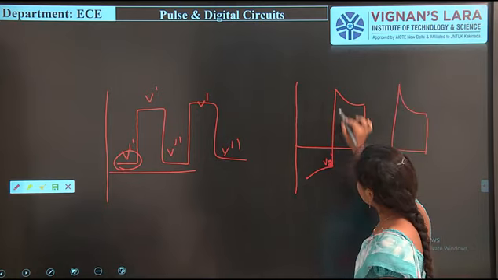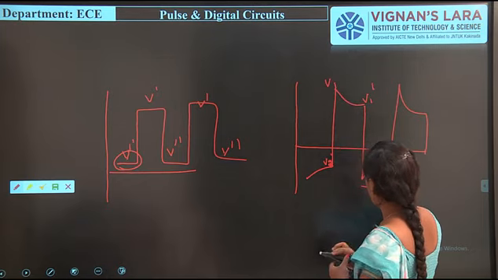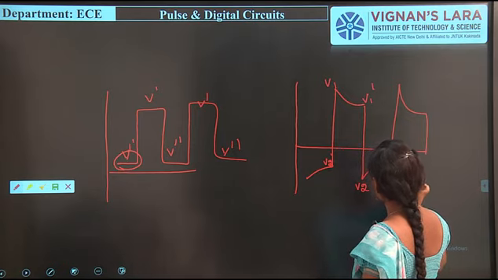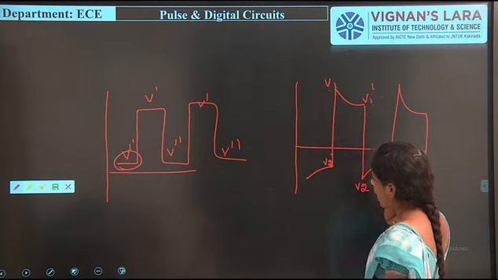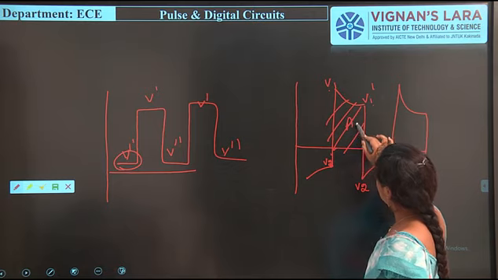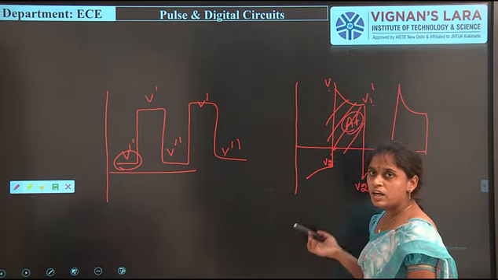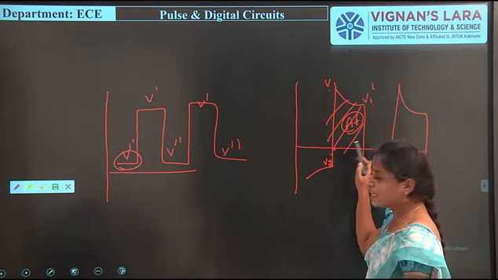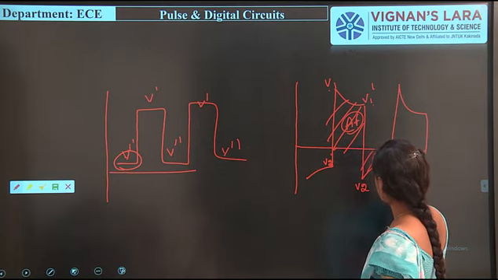So this is indicated with V1, this one is V1 dash, this one is V2, and this one is V2 dash. So this is the condition. Simply we have to say V1, V1 dash, and V2, V2 dash. This is the forward area, that is AF. In this time the diode is in on condition. This area is known as the forward area, and this area is known as the reverse area, AR.